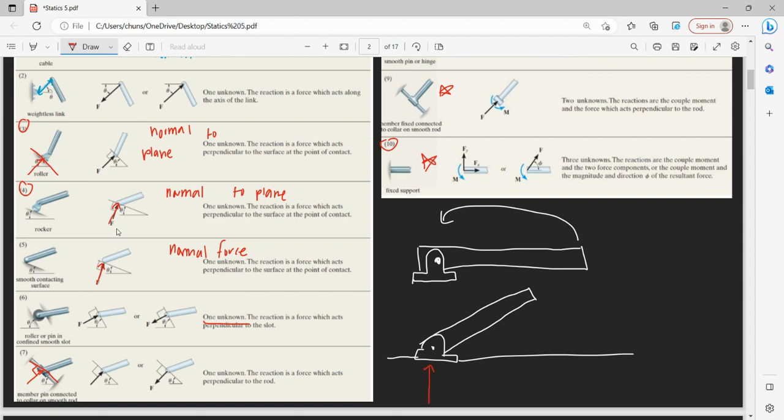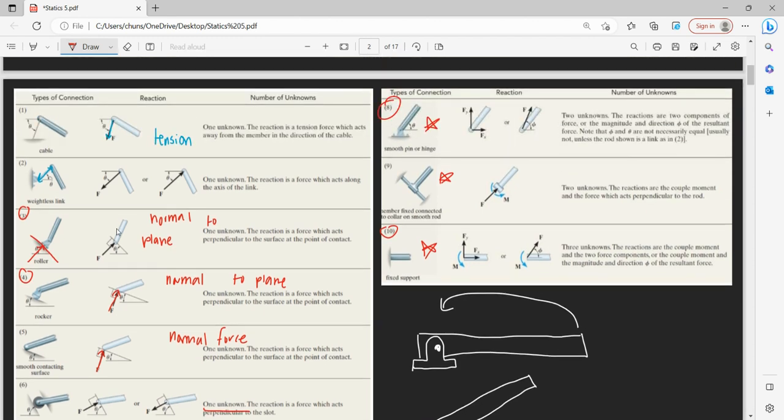And you can't pick it up and slide it around, right? So you can imagine this hinge is fixed, like drilled into a piece of plywood, for example. And even though you can move the rigid body around in it, you can't actually pick up and translate it in the Y or the X direction. So because you can't move it in the X direction or the Y direction, that's why you develop two reactions. So you'll develop two unknowns, and they're not necessarily,